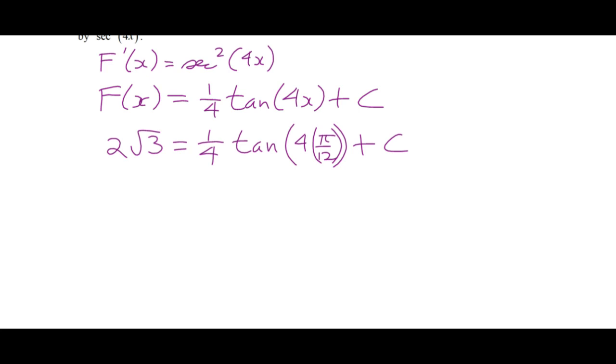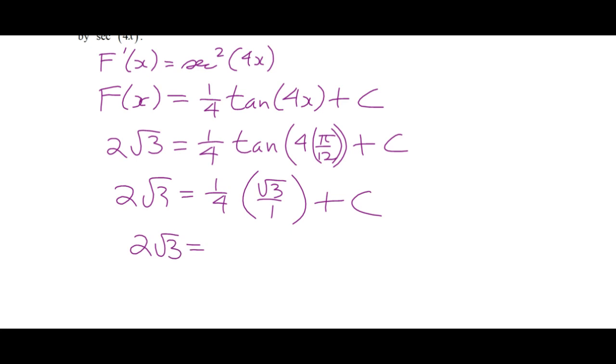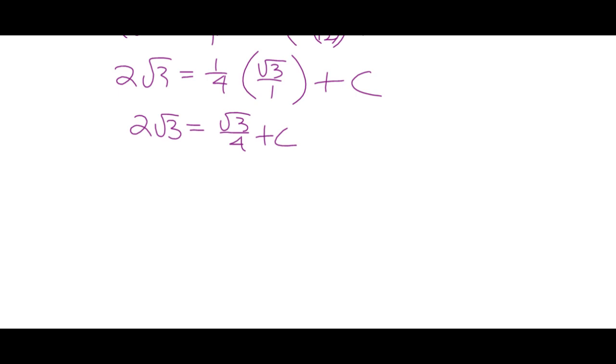So what's the tan of whatever this is? Pi over 3? I believe it is root 3. Root 3 over 4 plus c. So 2 root 3 is equal to root 3 over 4 plus c. So c is 2 root 3. Well, let's just write this as 8 root 3 over 4. Really? Minus